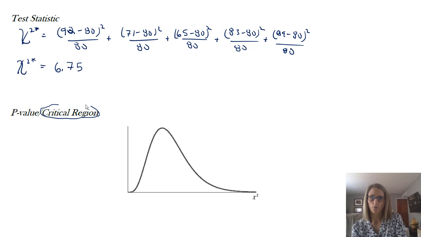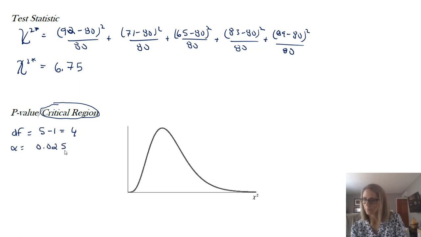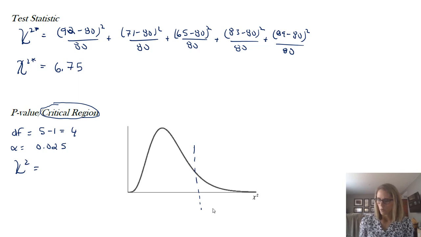And then let's take a value from the table so that we can make a decision here. Degrees of freedom is just categories minus 1. There's 5 categories for the days of the week, so we get 4. Our alpha from earlier is 0.025. So we're going to look up our chi-squared. That really depends on the degrees of freedom, so it doesn't matter exactly where you put it. Degrees of freedom are 4. I'm going to head over to 0.025. I get